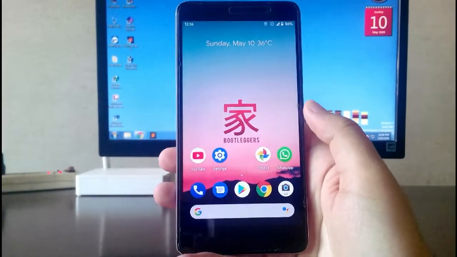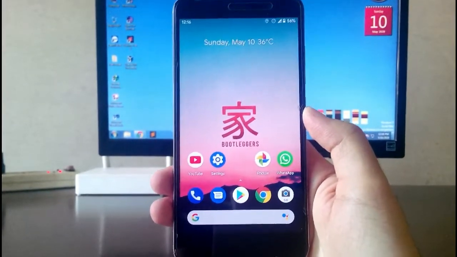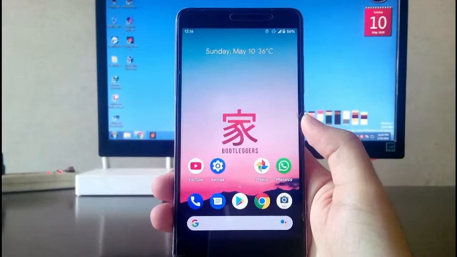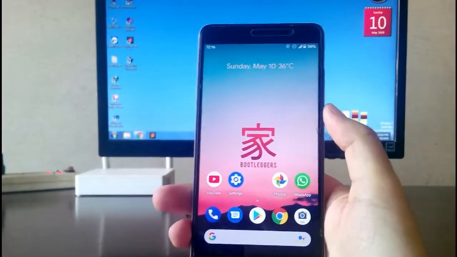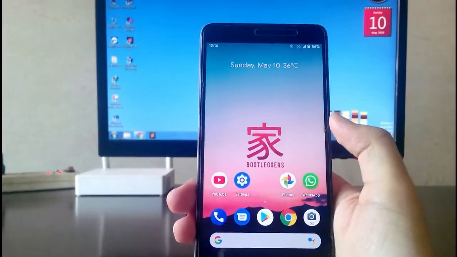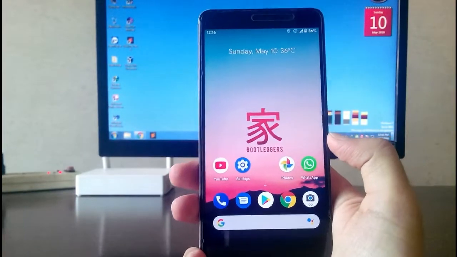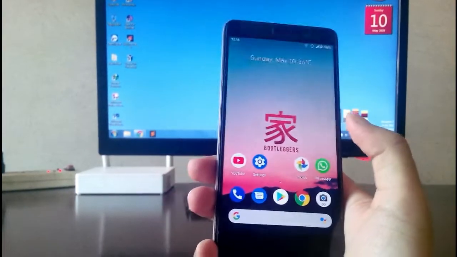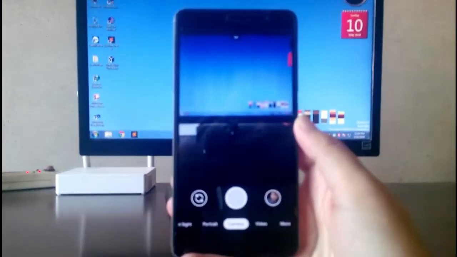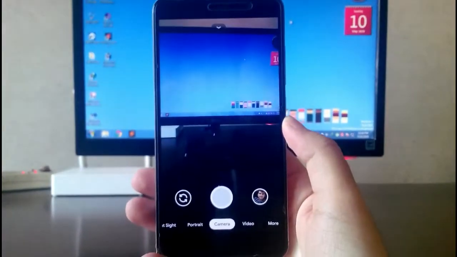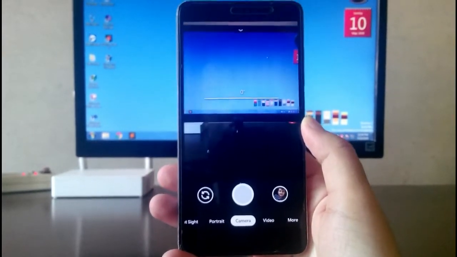Guys, there is a major bug here for the auto reboot. Like after the reboot, it will again reboot and it will be stuck on the boot animation, so then you will need to force reboot again. So this is a major bug, and I have been using this ROM for 3 days now and I have faced it at least 5 to 6 times. And there is also the black screen problem here. And also guys, there is one more bug while using the Gcam. When you constantly use Gcam for a long time, then it will just hang.